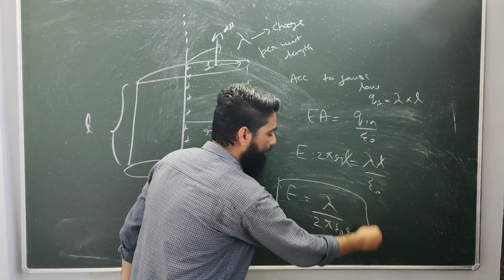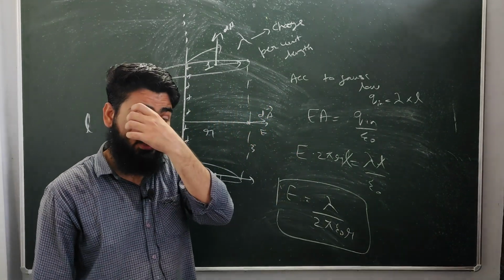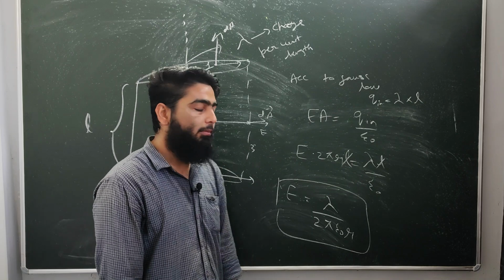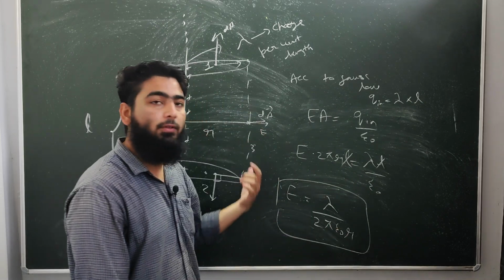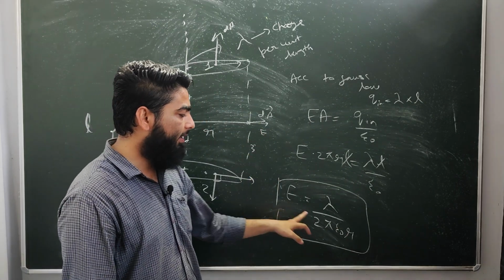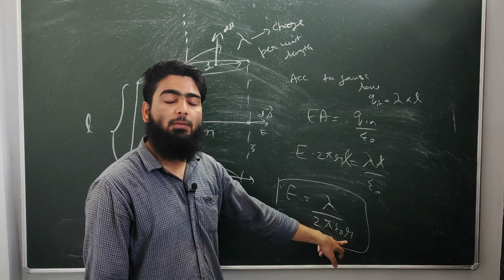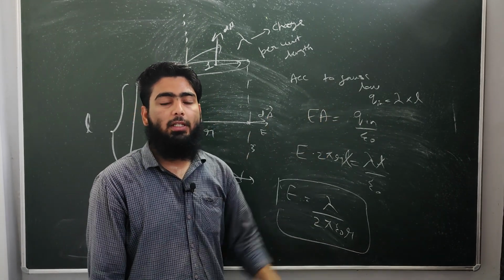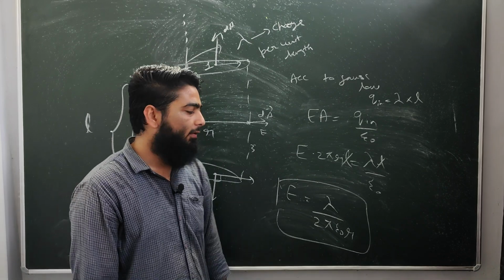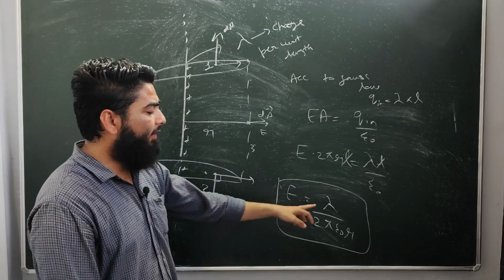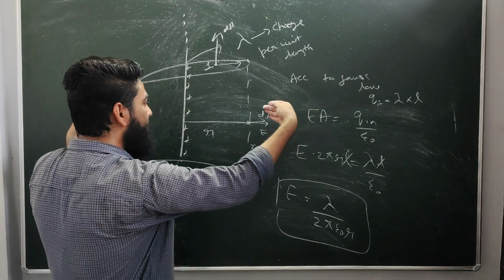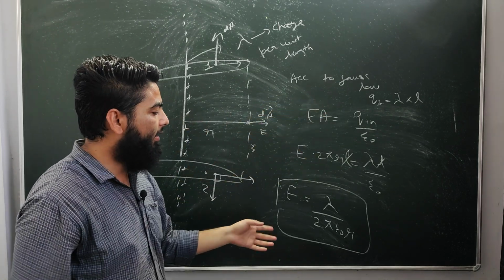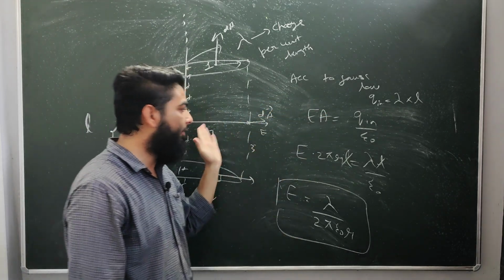This is the magnitude of the electric field due to an infinitely long uniformly charged rod. The main thing is that this rod is uniformly charged. The electric field is coming out to be inversely proportional to R. So as you move away from the rod, the electric field is going to decrease. One thing more: if lambda is negative, the electric field lines will come towards the rod, and if it is positive, they will go away from the rod, and the magnitude will decrease as you go away from the rod.